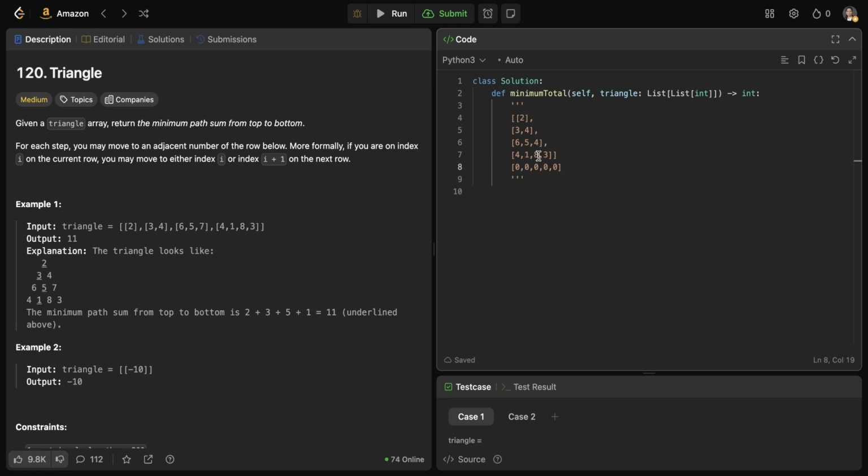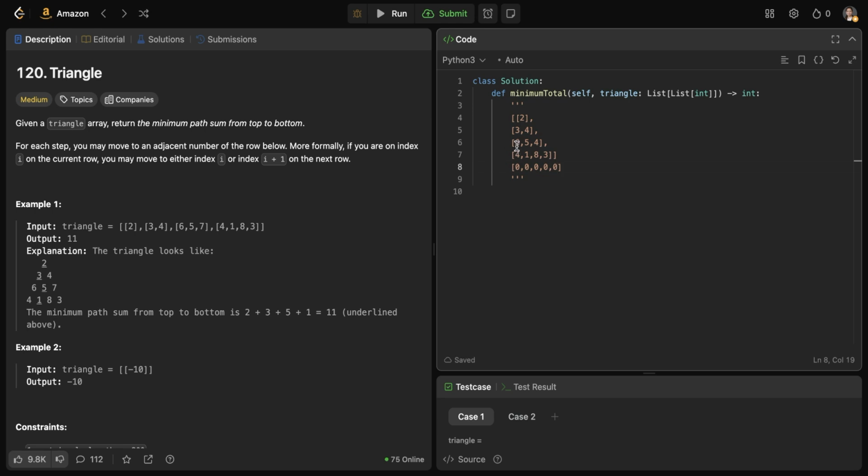Now 8 will have two children again, i equal to 2 and i equal to 3. Again, the values at i equal to 2 and 3 are 0 since it's a 0 array next. So 8 plus 0, 8. And similarly, 3 will have two children, i equal to 3 and i equal to 4. Both values are 0. So the minimum sum would be 3 until this row. So we can compute the minimum of 4, 1, 8, 3. The minimum of 4, 1, 8, 3 would be 1.